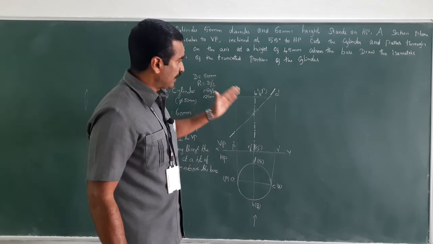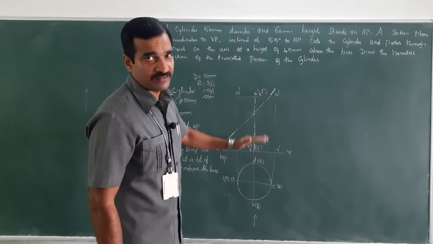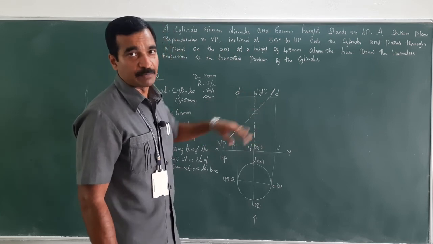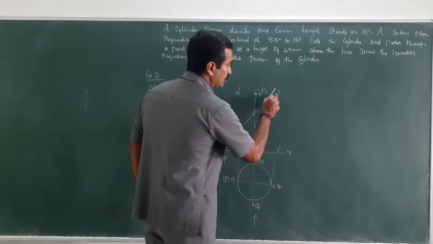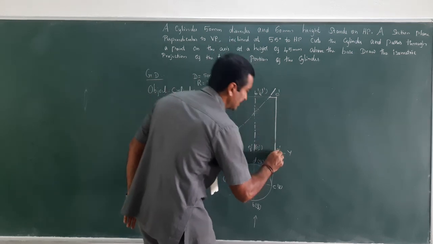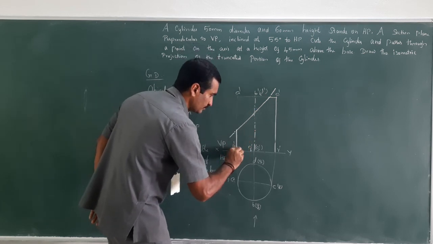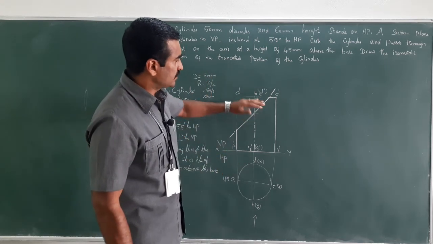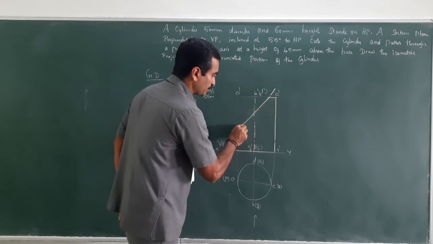So between the observer and the cutting plane is the removed portion. So this is the remained portion, which is on the base, resting on HP. This portion is the remained portion. So the remained portion should be drawn as dark, because this is the object line which is left out. The balance is the removed portion, so this alone should be drawn as dark.